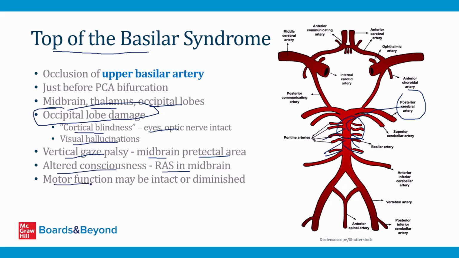Motor function, meaning movement of the face muscles or the arms or the limbs, can be intact or diminished depending on whether there's damage to the corticospinal or corticobulbar tracts. But this is somewhat distinguished from a basilar artery stroke like we talked about in the last slide, where patients get locked in. In the top of the basilar syndrome, the problems are usually more related to visual problems and